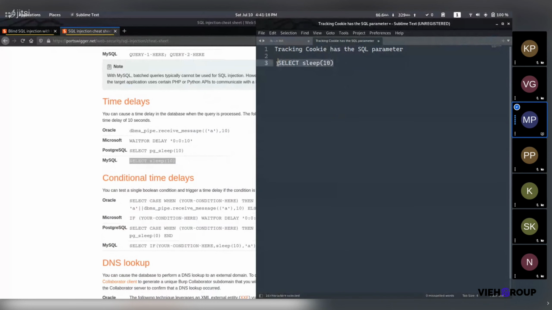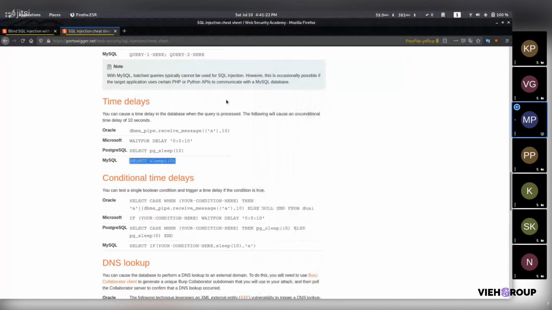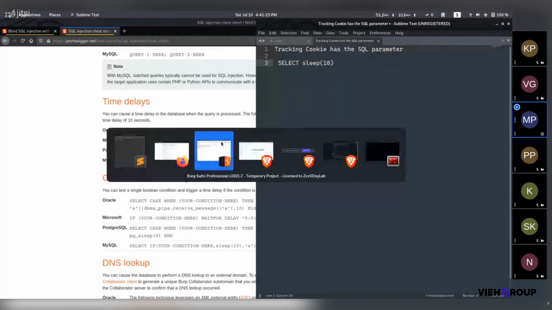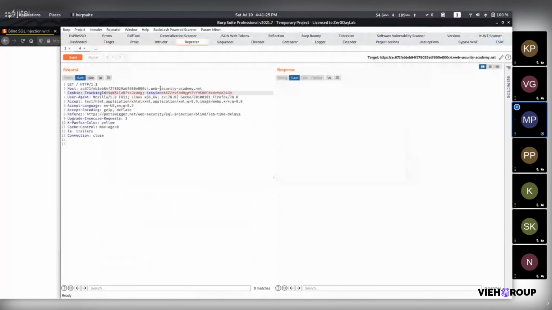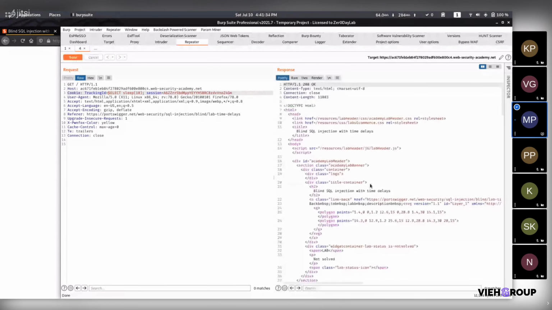This query will surely not work, because there is a parameter of the tracking cookie, and we cannot directly use that. So let us try by replacing it. If replacing that works, it will replace. No, the usual response is 193 milliseconds. So it is not working. Let us check the before result. That is 161. So it is not vulnerable.